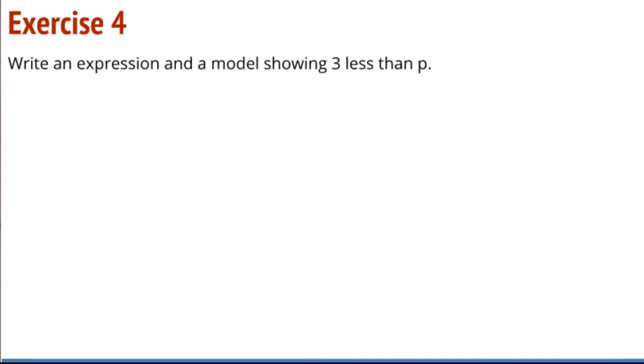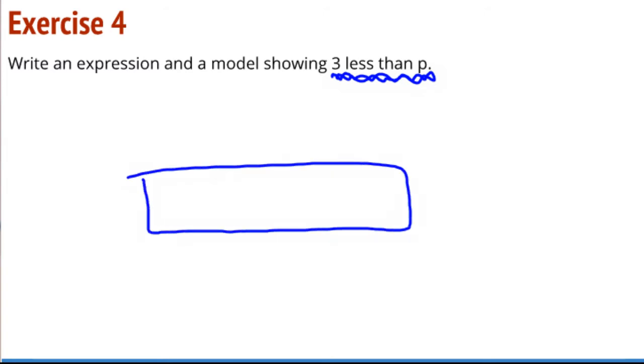So a model showing 3 less than p. And I remember Mr. Ludlow saying, I have to read and think about these very carefully. 3 less than p. So in my head here, I'm thinking I've got p, but it says I want less than p. I don't want the whole thing. It says I want to take 3 away. So I'm going to take a section here and call it 3, and I'm going to cross it out, and I'm going to actually change this drawing